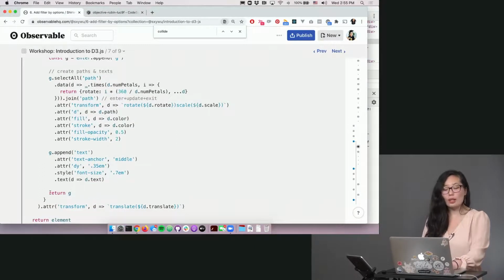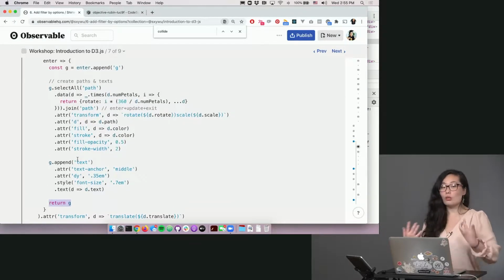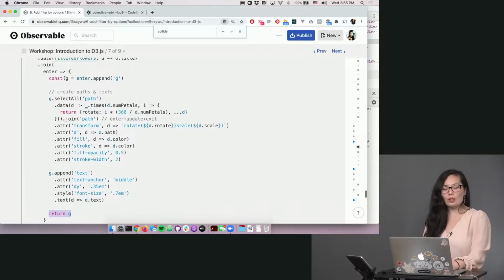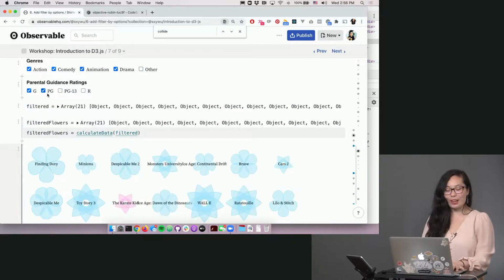And then once we've entered that, once we've returned that selection of group elements, the newly created group elements, then D3 knows in dot join to